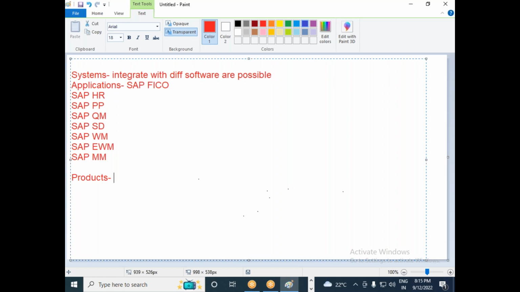Like in the market, you have retail as one of the sectors, right? The retail industry is one of the sectors. Then you have the oil and gas sector, right? You have so many oil companies available in the market. So if you want one software which will be able to support oil and gas sector related transactions, you can go for SAP.